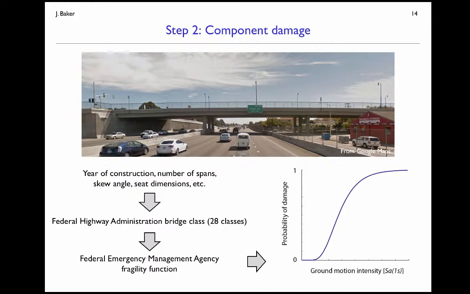Okay? So we're taking a pretty rough cut at the bridge modeling here, at what could be modeled in a very detailed way. We're actually just going to aggregate these bridges down to one of these 28 classes and utilize that fragility function to predict its damage. So that's, again, a necessary approximation when you're doing a regional scale assessment like this and thinking about thousands of bridges. We can't build detailed finite element models of each bridge and think about all of the parameter uncertainties and things that would be necessary to build one of these fragility functions from scratch. Although we can do that in a targeted way later, as I'll discuss.